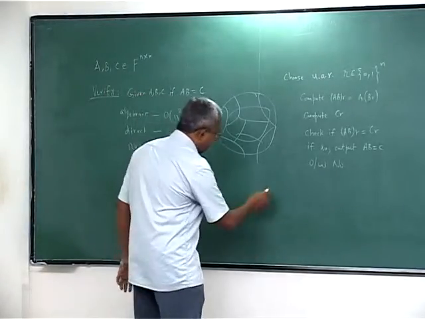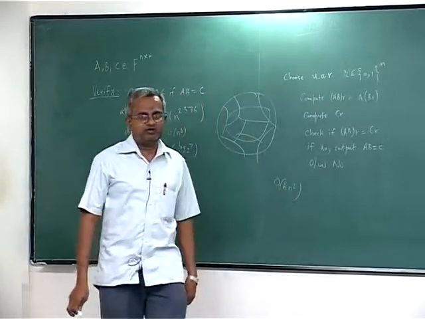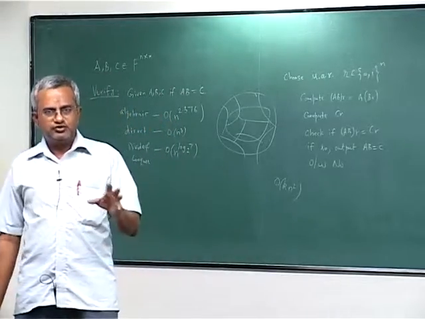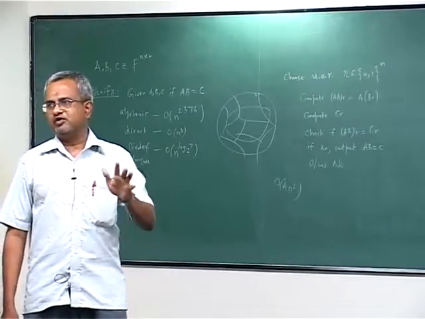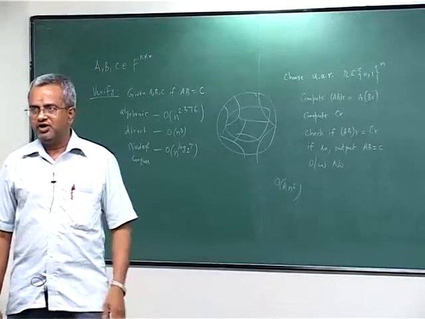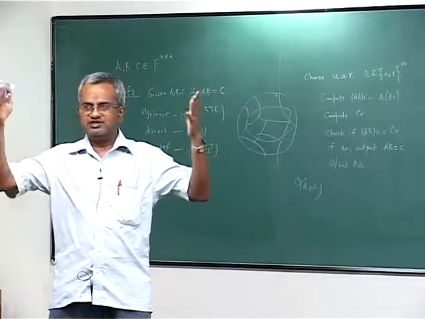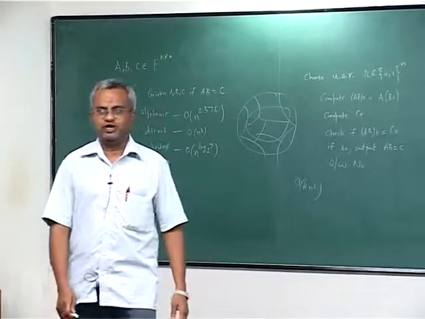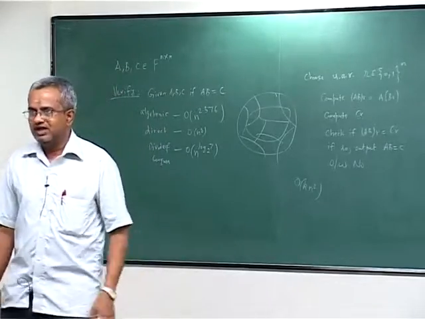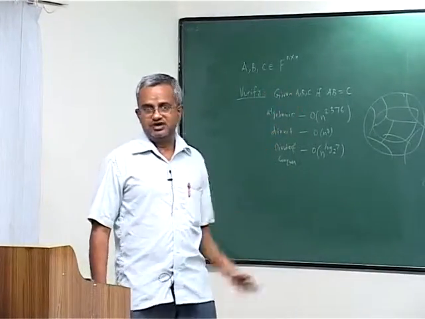by spending, instead of order of n square, order of k n square time. You are able to bring down the failure probability to something as small as 1 over 2 power k. So, you can choose this k so that 1 over 2 power k is whatever threshold confidence that you want to have. If you want the probability of error to be never more than some epsilon, then you want this 1 over 2 power k to be at most epsilon. Choose k so that 1 over 2 power k is at most epsilon, and repeat it that many trials with that many independent sequences of random bits. Okay.